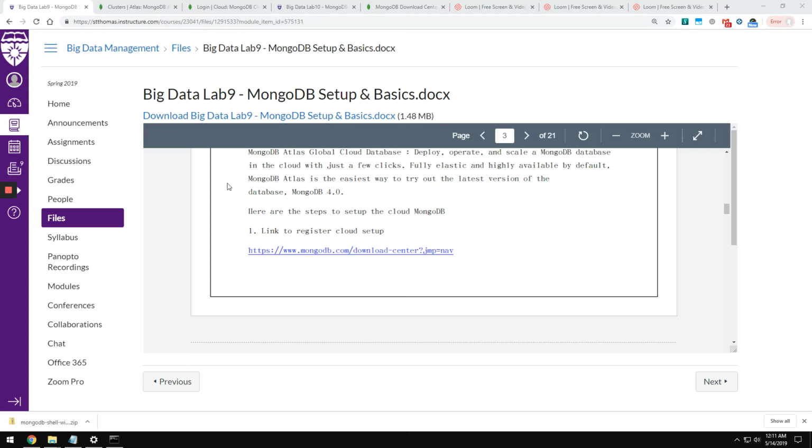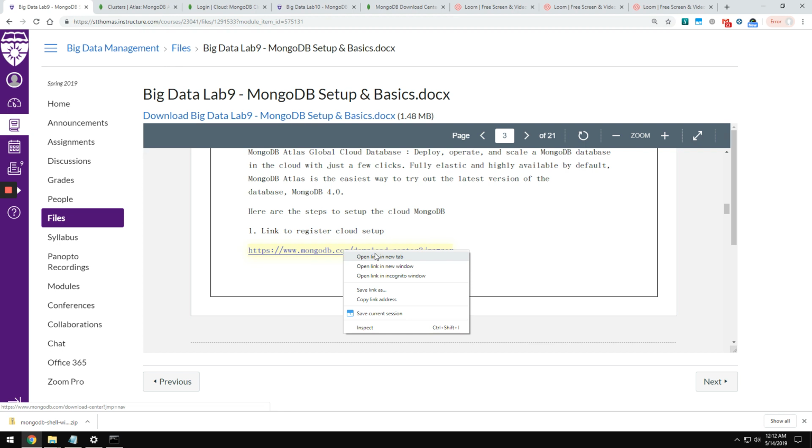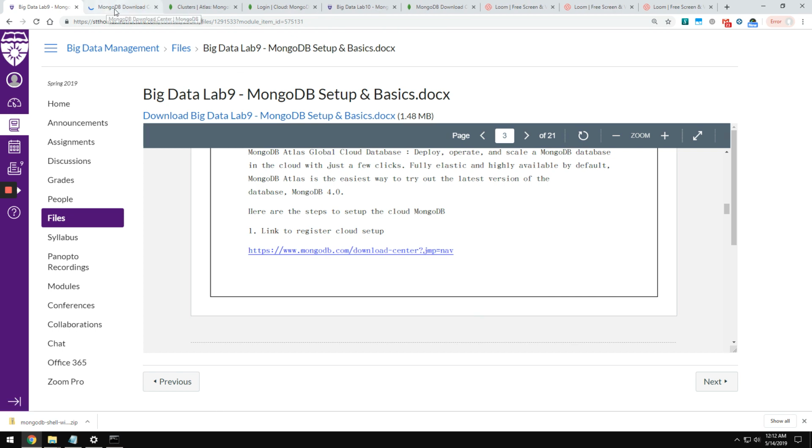Hi, in this video we'll learn how to set up cloud-based MongoDB that uses MongoDB Atlas Global Cloud Database. With MongoDB Atlas Global Cloud Database, we can deploy, operate, and scale a MongoDB database in the cloud with just a few clicks. So let's start off by going to the link provided in your lab document to the MongoDB